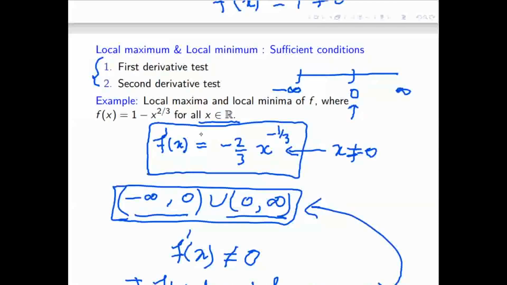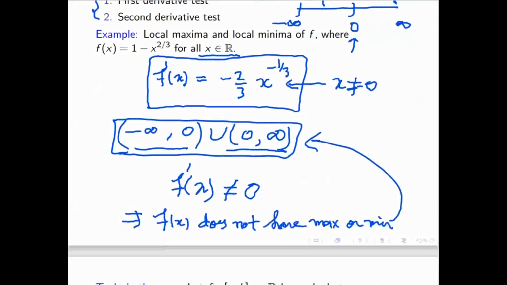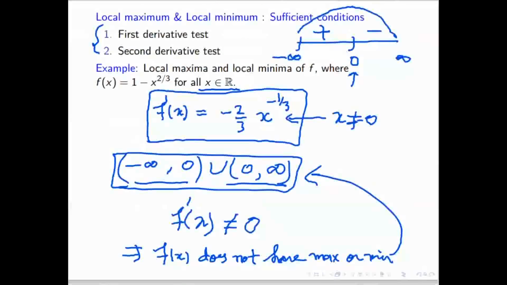Okay, here it is positive. And when x is positive, the derivative is negative. So this side the derivative is positive, which means it is strictly increasing. This side is negative, which means it is strictly decreasing. That means at 0 it will be the maximum value. So 0 is the maxima because it is increasing here and then decreasing here. By increasing and decreasing, you can say that at 0 this function has a maxima.